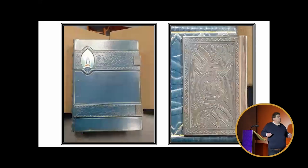Now, we go on to a second book that was found. It's called the Golden Book. It was a book that people were given to...